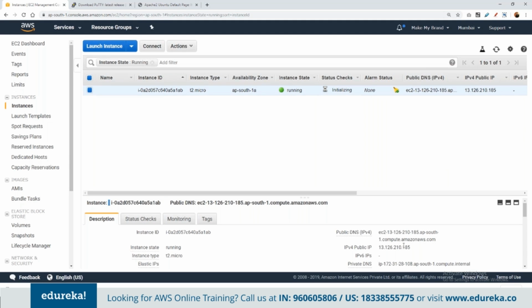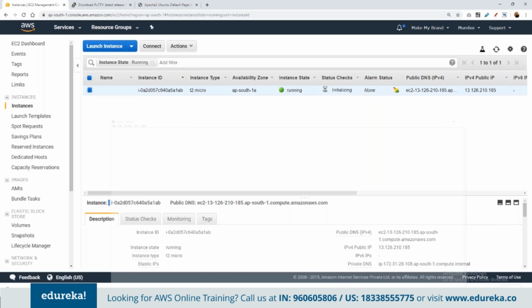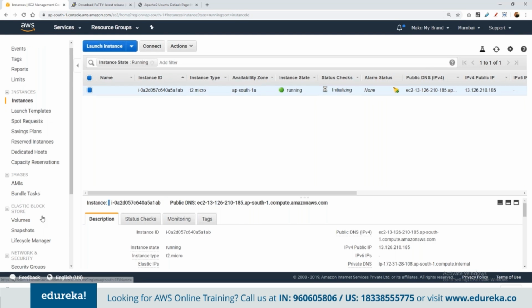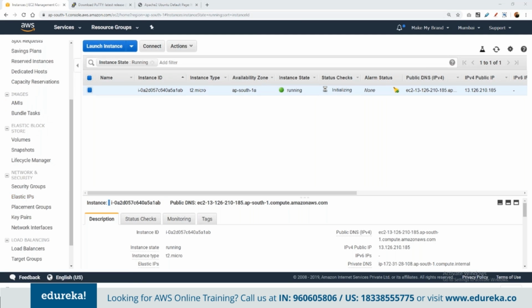As you can see, a fresh IP has been assigned here. If we do not wish to have the IP change every time we start, restart or stop the instances here, then we can use something called an elastic IP. So again, a simple use case for this one would be